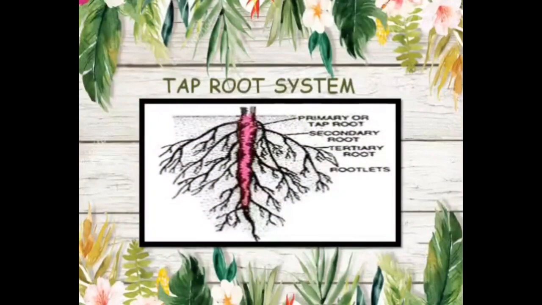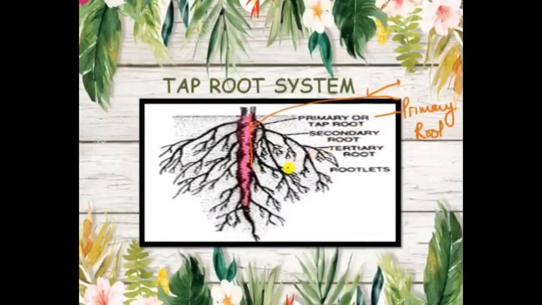So let's discuss first about the taproot system. So basically what is taproot system? Here whenever a seed germinates, a single root grows downward. This is a single root which grows downward from the base of the stem into the soil. This single main root is called a primary root. That is the single root which arises from the base of the